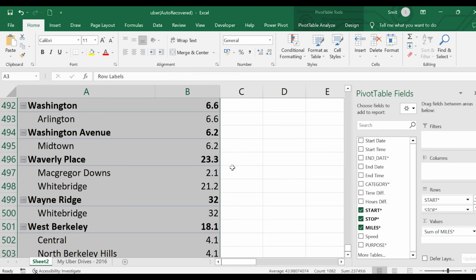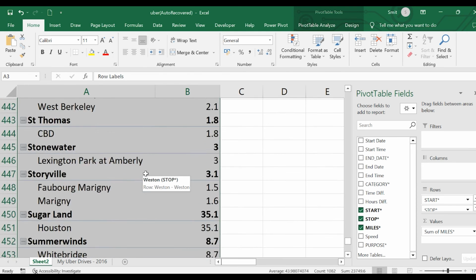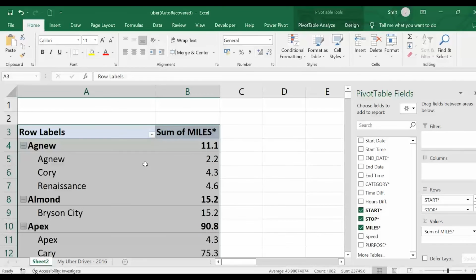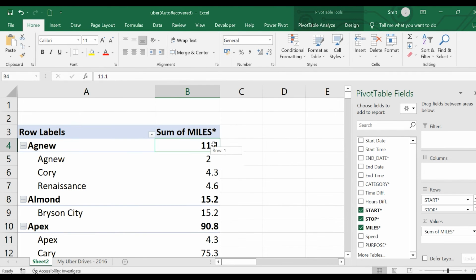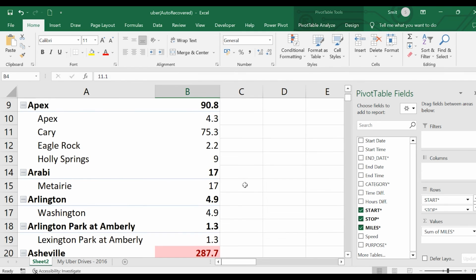So I have highlighted all these values. The first is white. You have to neglect the total ones, the bold ones, because you want to understand the highest miles between start and stop position. So you can see here